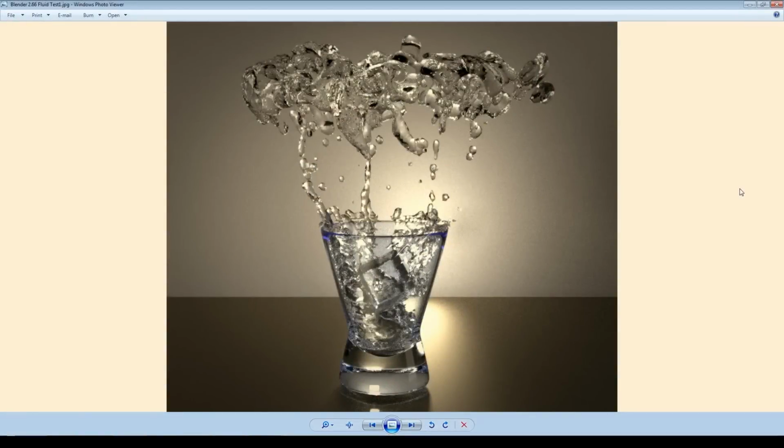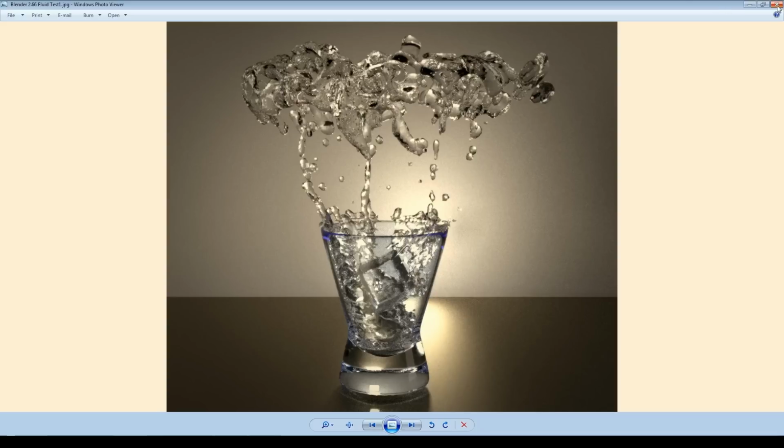Hi there. In this tutorial I'm going to cover the basic elements of how to create a scene something like this. So we've got the main element, which is obviously the water simulation. We've got the simulation of the glass, and then there's some lighting to do as well to give it the more dramatic look. And obviously to get the water shooting out of the glass, I've got an ice cube which I've dropped into it, so there's an element of animation in this as well.